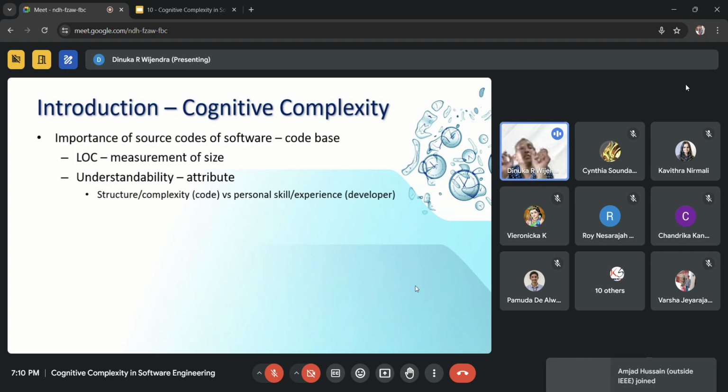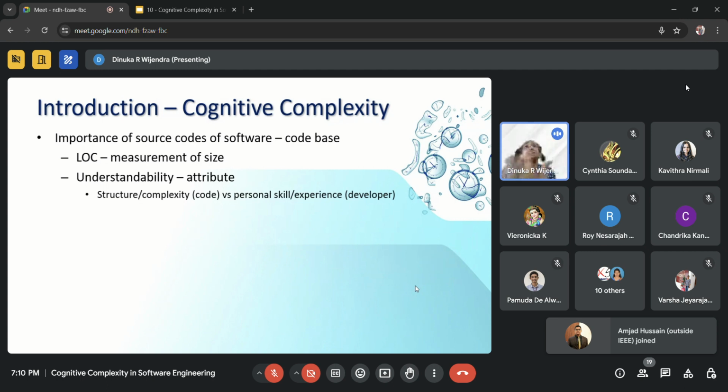If you think about the word complexity, it means that if a source code or a piece of software is given, how to understand it, the understandability. Understandability is a very significant and prominent factor when it comes to software complexity. So if we are given a source code, there has to be a source code to understand,